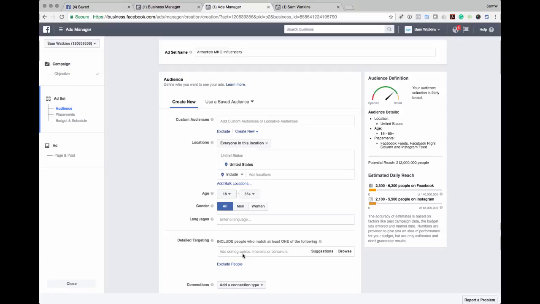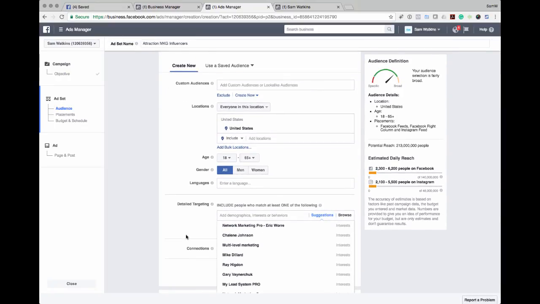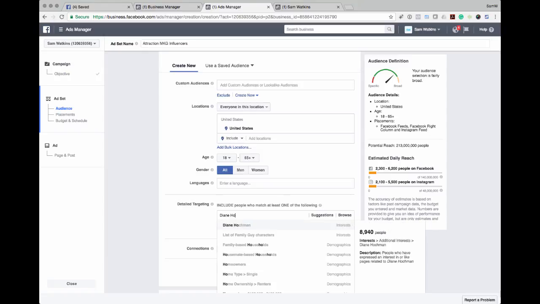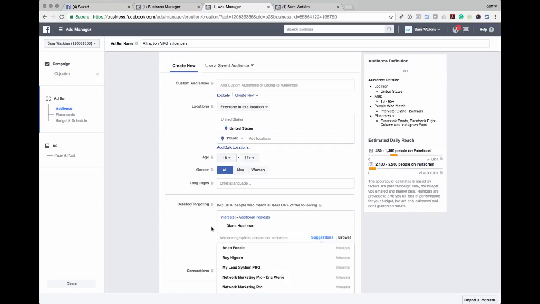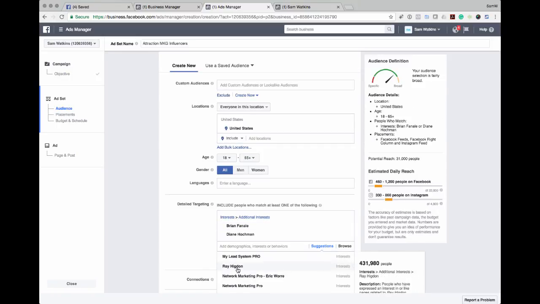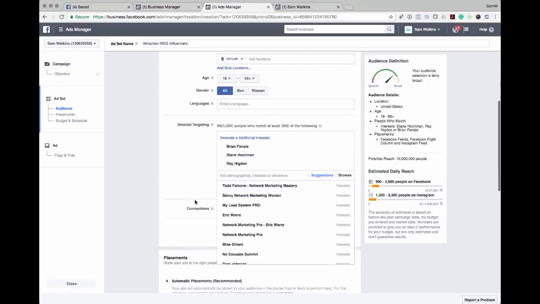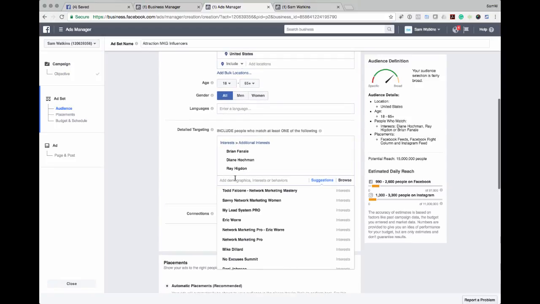And so let's see, who do I want to include? I obviously want to include Diane Hockman. Brian, of course. Ray, of course. I could go as far out as Eric,